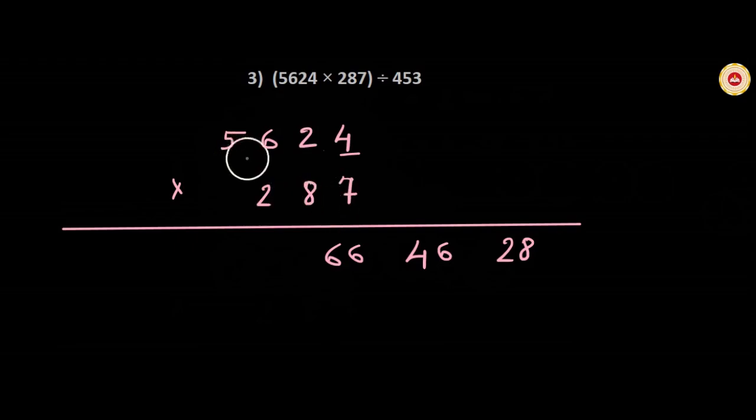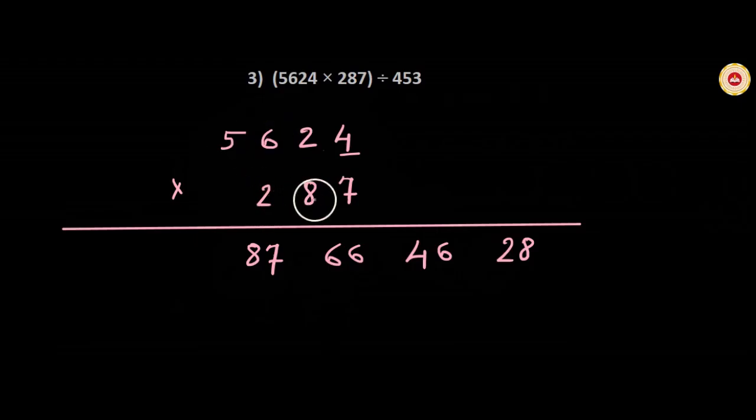Okay, now multiplying the digits in these three columns, consider the outer columns 2, 7 and 5, 2, and multiply the digits in these two outer columns crosswise. 7 5s are 35 plus 2 2s are 4. 35 plus 4, 39 plus 8 6s are 48. Okay, 39 plus 48, that means 40 plus 47, that means 87. 87. Now exclude the second column and consider the third column and fourth column.